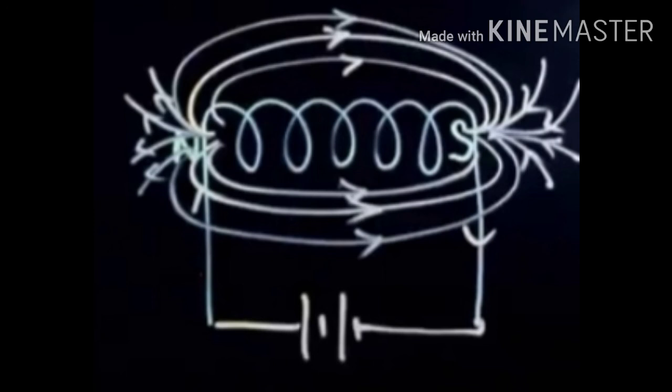Now the magnetic field of this solenoid depends upon two factors. Number one factor, the number of turns. Just look at here, how many bends there are; the more there are, the more magnetic field and effect is created. Clear? And the other one, the more current you supply, the stronger and denser the magnetic field will be created. That you have to remember.